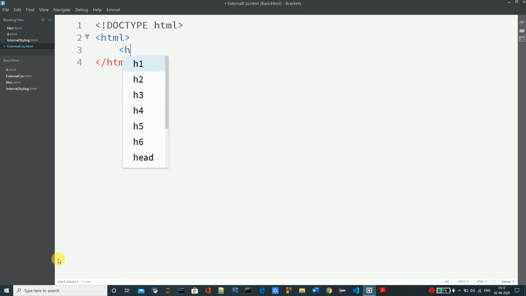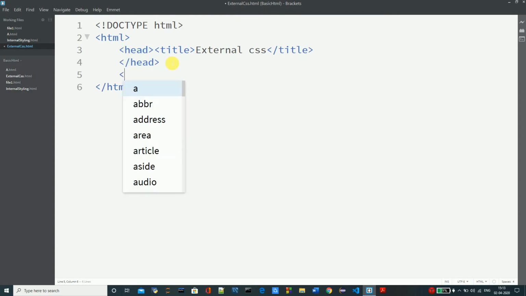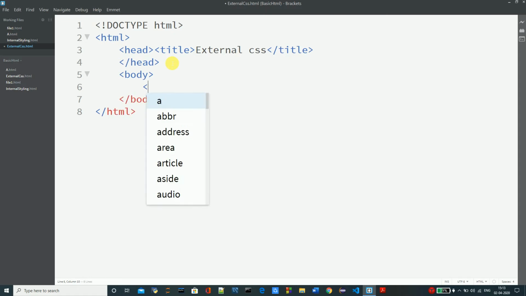In the head tag, I will give a title here. So the title tag, I will write the name of this one as external CSS. Okay, so this one is the head tag. I will write the body tag here. So in body, I will write one h1 tag. In h1, I will write